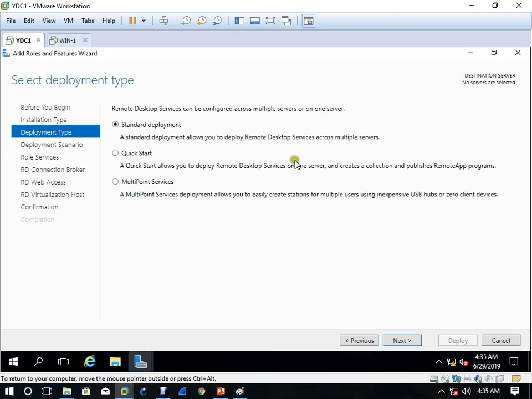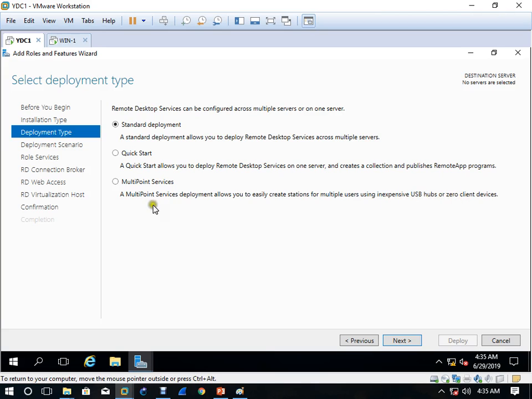Our need is Remote Desktop Services. But in desktop services, what is our need? Application. So application comes under program. And this is also similar, not the same, but different. A multi-point service deployment allows you to easily create stations for multiple users using an inexpensive USB hub.